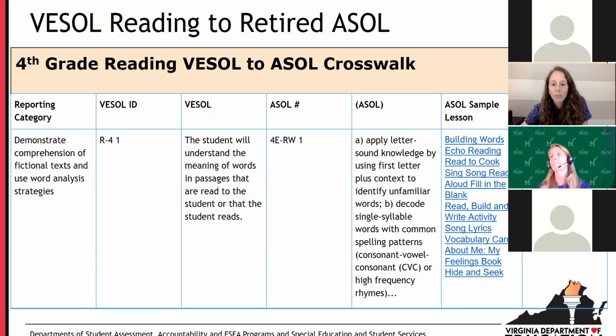The ASOL numbers, descriptions, and direct links to retired ASOL sample activities are provided so that teachers can make connections to the lessons they have previously used for instruction for the ASOLs. These crosswalk linkages exist across all VESOLs and grade levels.